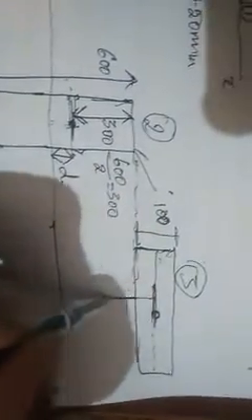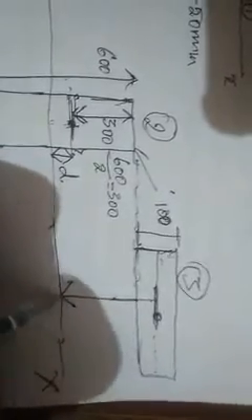Okay, so this is the centroid point. Centroid D is what? D is for the third section. For the third section, the centroidal distance is from the centroidal axis to the center of the third section. The center of the third section lies here, and from here to the centroidal axis is the distance. So this is D3, this is D2, and this is D1.